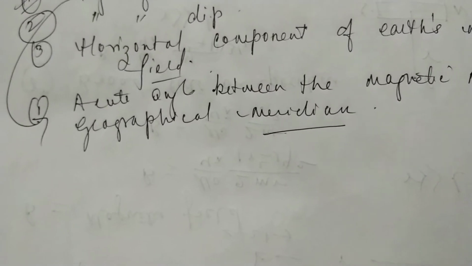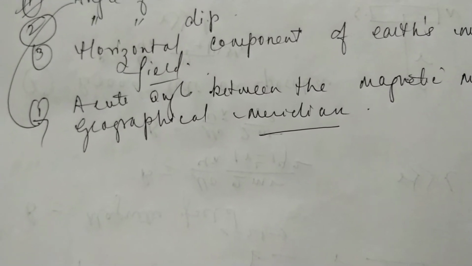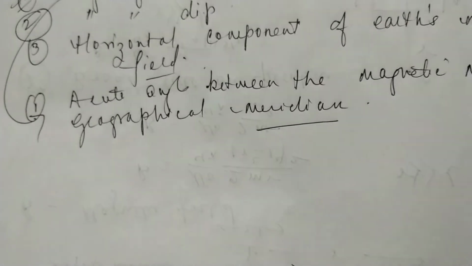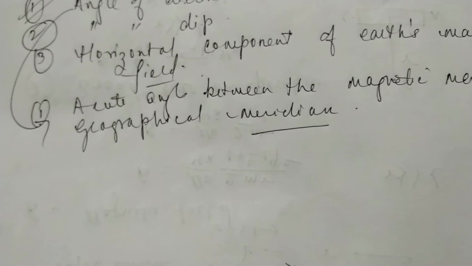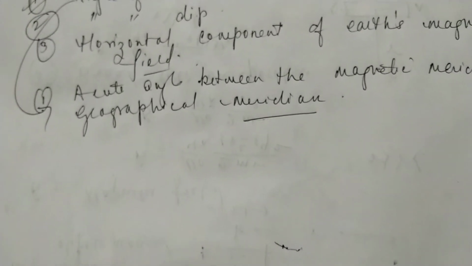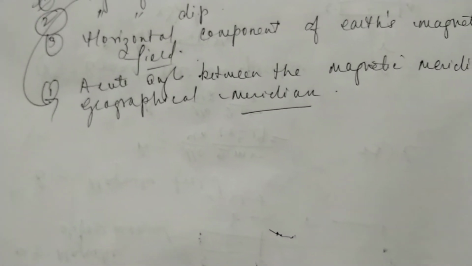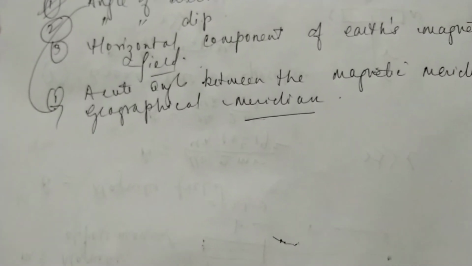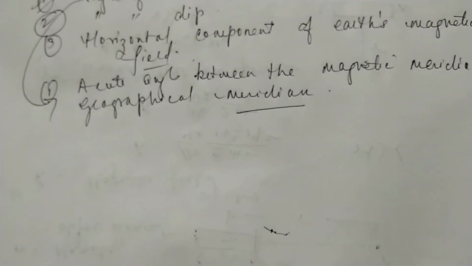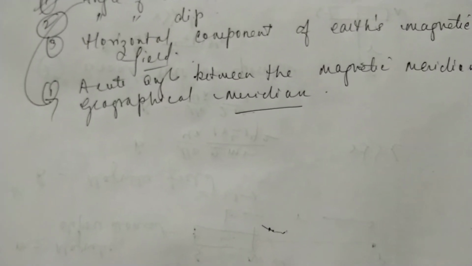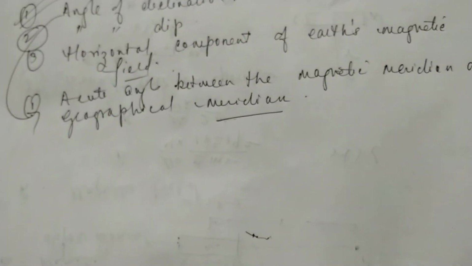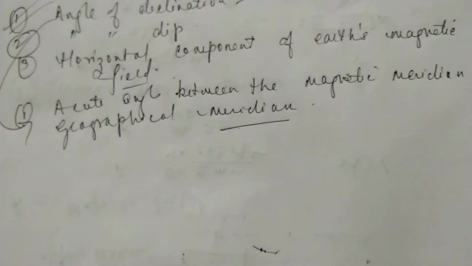Suppose the vertical plane that passes through the axis of a magnetic needle which is suspended from its center of gravity is called the magnetic meridian. So it is the vertical plane. If you take a magnetic needle and hang it freely, it sets itself into a particular direction. If you consider a vertical plane which cuts this needle, just imaginary, that is known as the magnetic meridian. In the same way we can have it for the Earth also. The angle between the two is what we call the angle of declination.